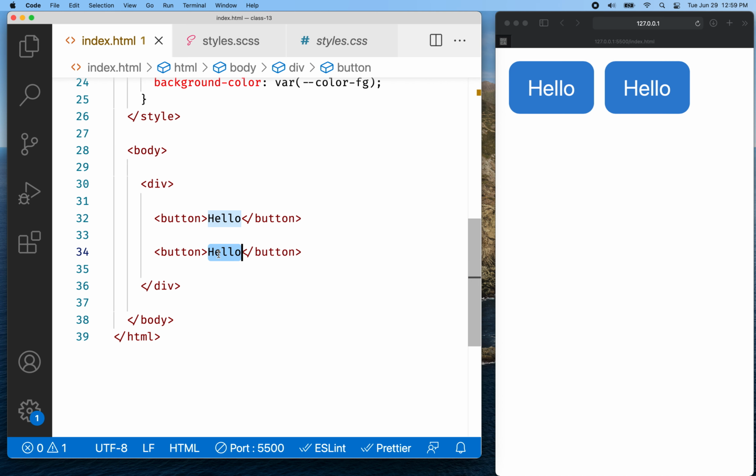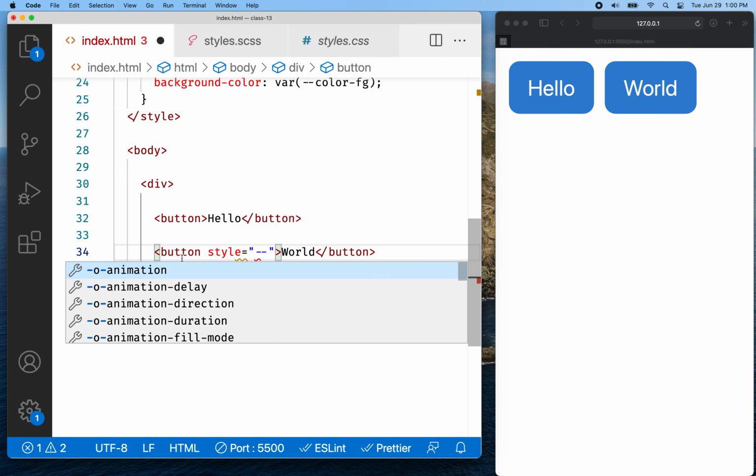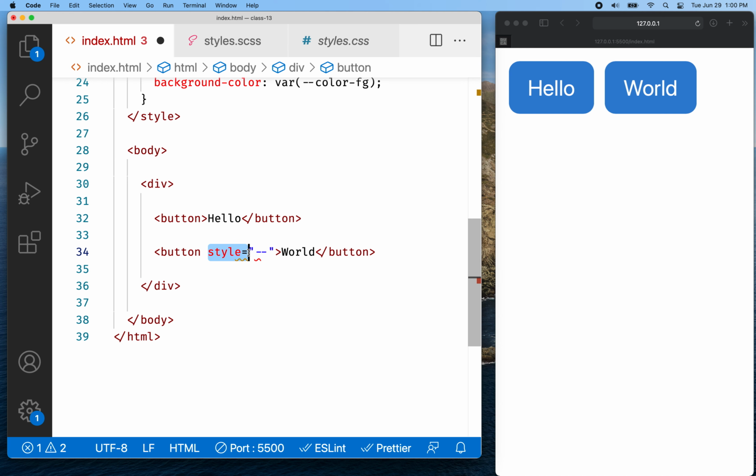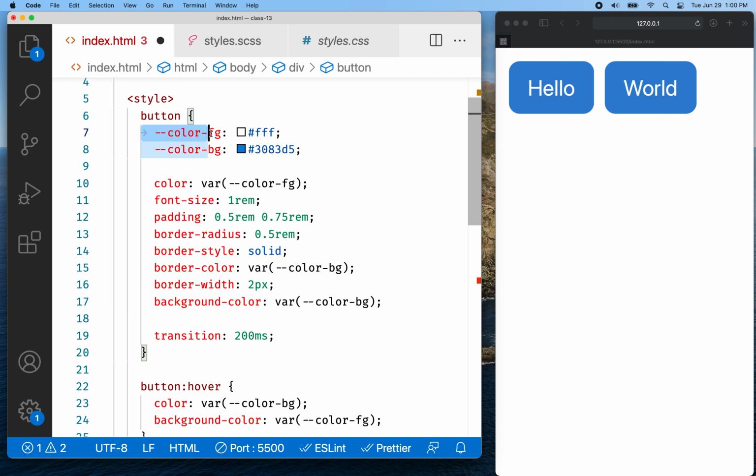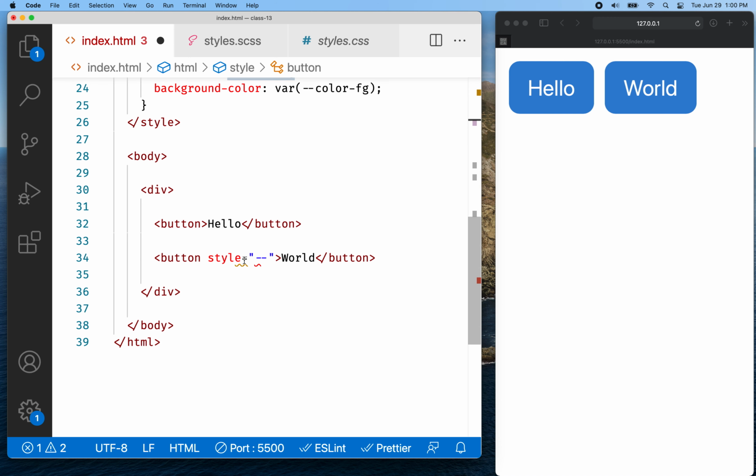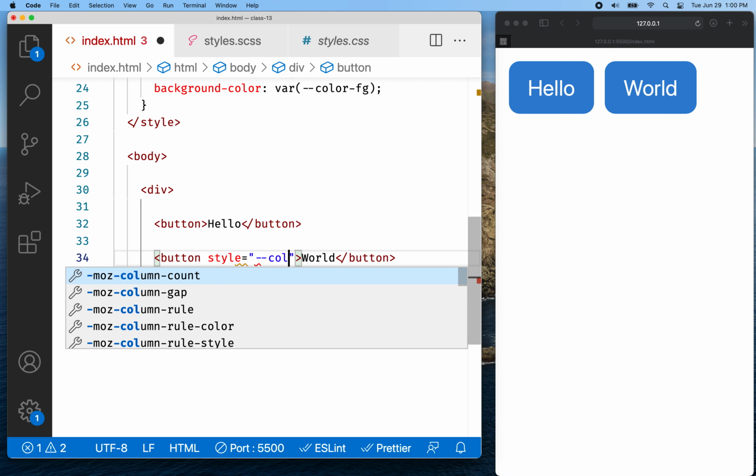So for example, if someone wanted to use the button, but they're like, this blue color isn't quite right, I need a green button. They could change the color by just setting the value for the foreground color property or the background color property. So I'm going to go here and add a style prop or a style attribute, right? And then in the style attribute, I'm going to redefine one of my properties here, okay? And then the rest of the button will read that change. So I'm going to set color to be color